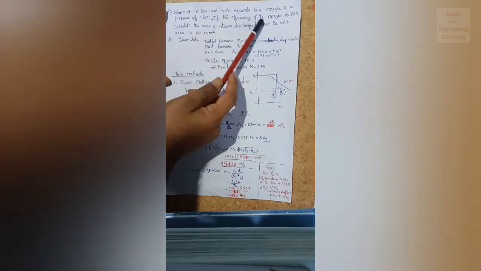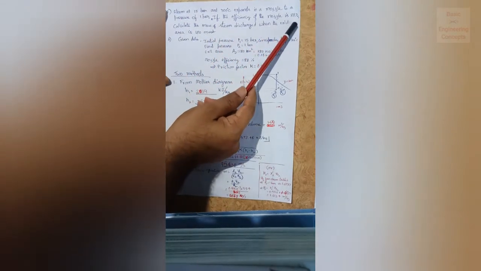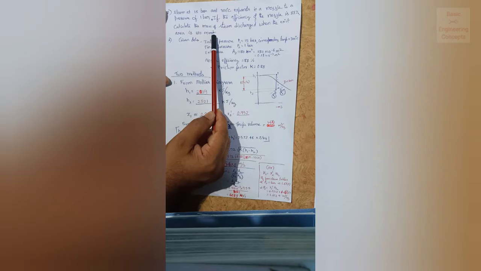So this is the second problem. Steam at 15 bar and 300 degrees centigrade expands in a nozzle to a pressure of 1 bar. If the efficiency of the nozzle is 88%, calculate the mass of steam discharged when the exit area is 180 mm square. Here again, if you draw the nozzle,